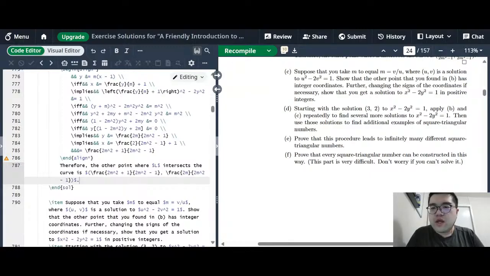So back to the question. Show that the other point that you found in part B has integer coordinates. Further, changing the signs of the coordinates if necessary, show that you get a solution to x squared minus 2y squared equals 1 in positive integers. That actually makes sense too, because when we look back to the setup of m values, we can have positive, we can have negative, we can have m equals 0 as well. Of course, we exclude the option of m equals plus or minus 1 over square root of 2. But other than that,